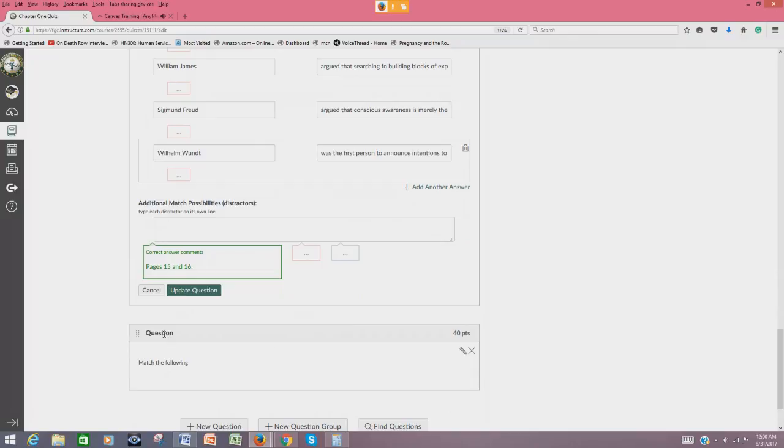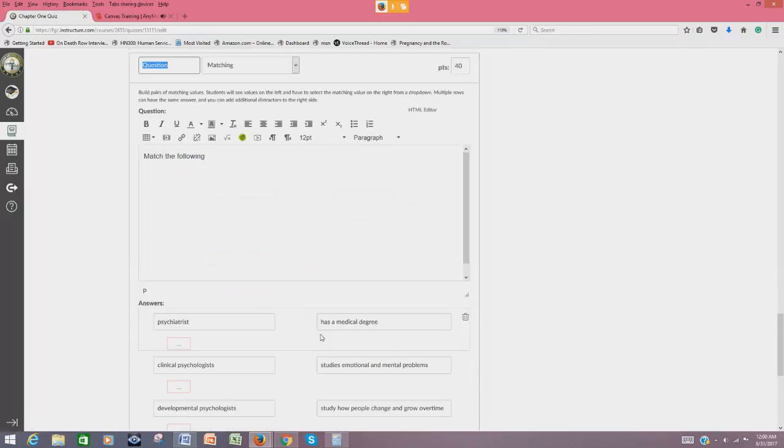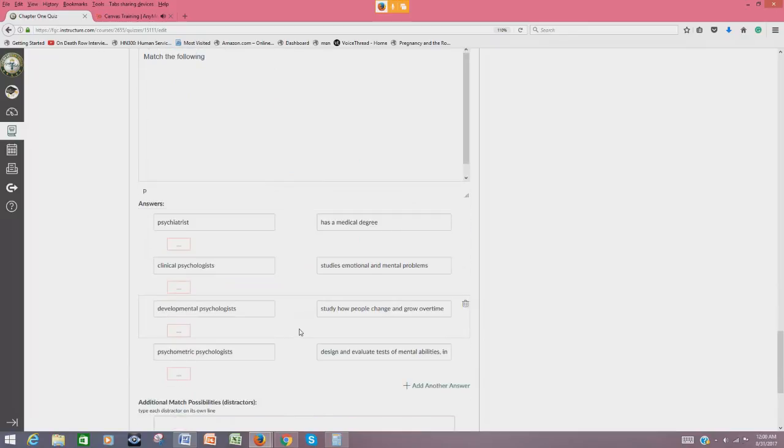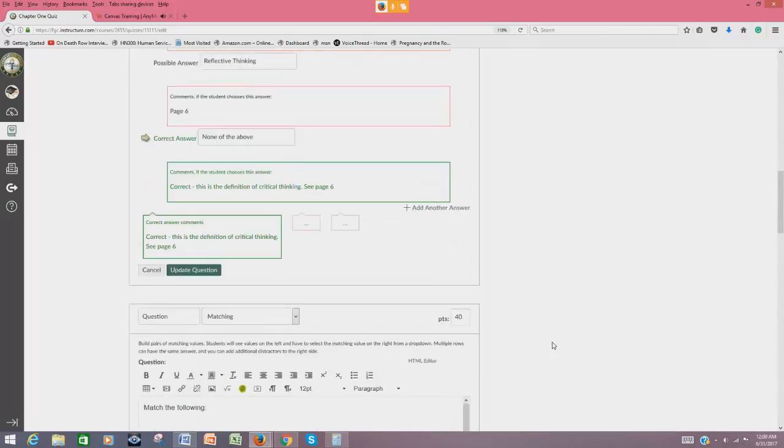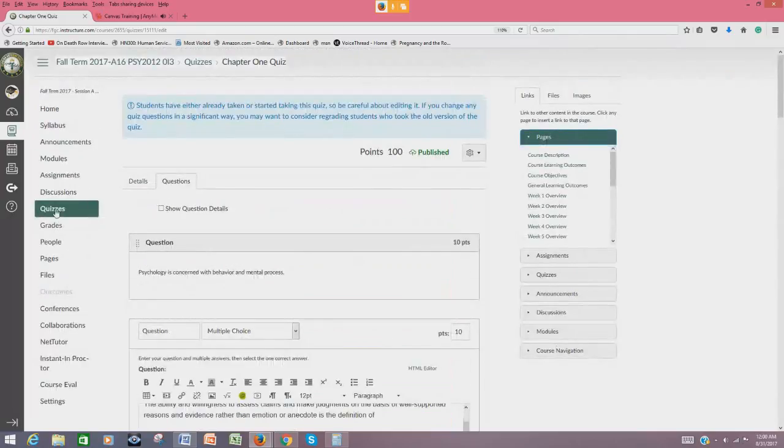And then the other question is a matching question as well. The students will identify different positions in the field that are identified in chapter 1, and they will match those. Okay, so that just gives you a little bit on a mixed method question. Another